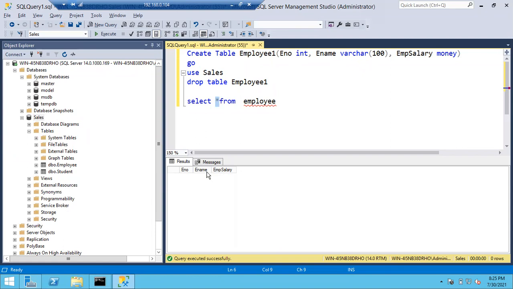So using this select keyword, we are going to read the tables. The select keyword is helpful for reading the table. How to read the table? What is the query? Select what columns you want to read. All columns I want to read. From which object? From the table name, from employee. Select star from table name. Here the table name is employee. Now can anyone tell me how to read the sales table? What is the query to read the sales table?